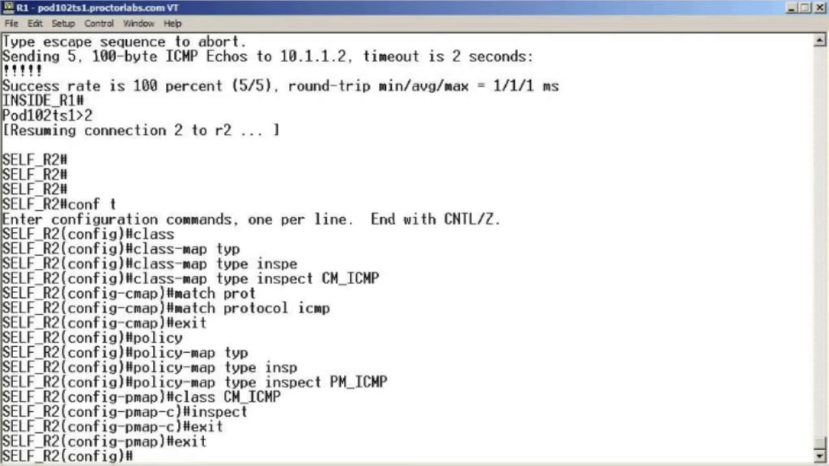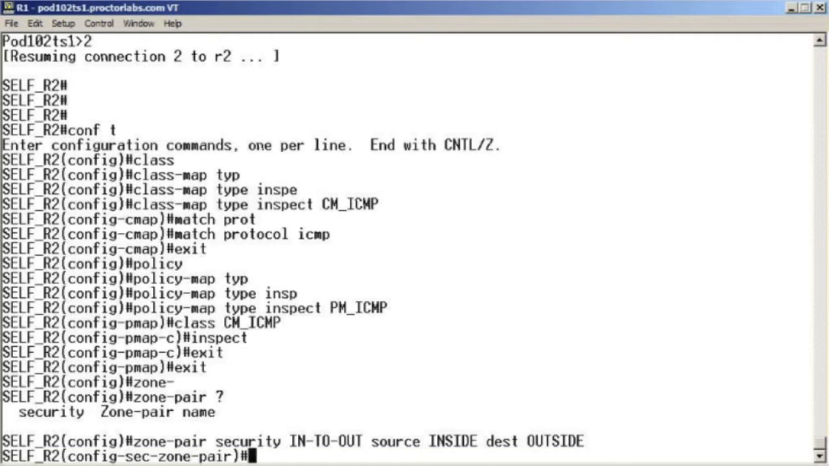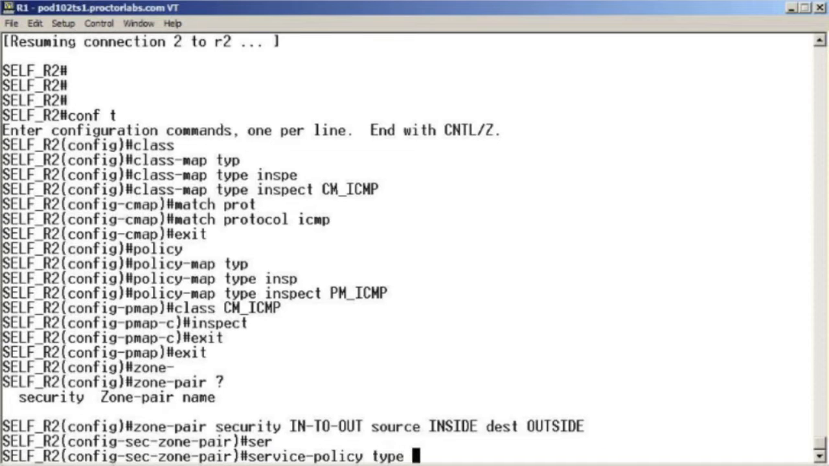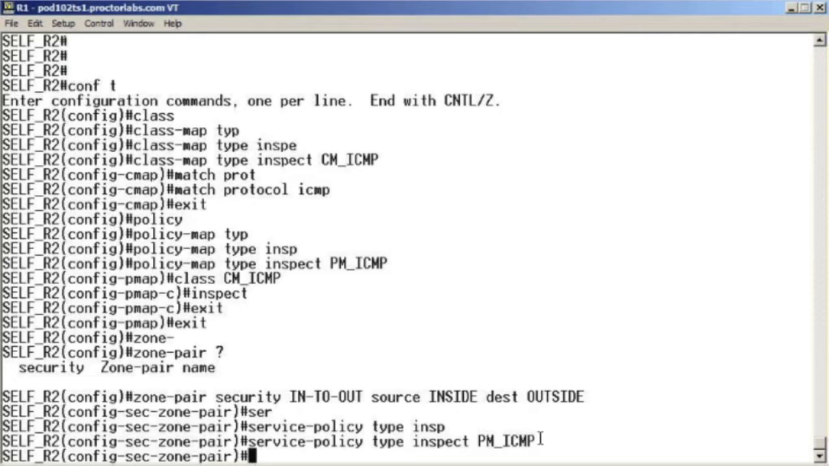Next up, we are going to create a zone pair. So I'm going to say zone-pair security, and I'm going to name it in-to-out, and our source zone will be inside, and our destination zone will be outside. We are going to attach a service policy of type inspect, and it is PM_ICMP. Notice we don't have to specify a direction because the directionality is implicit here